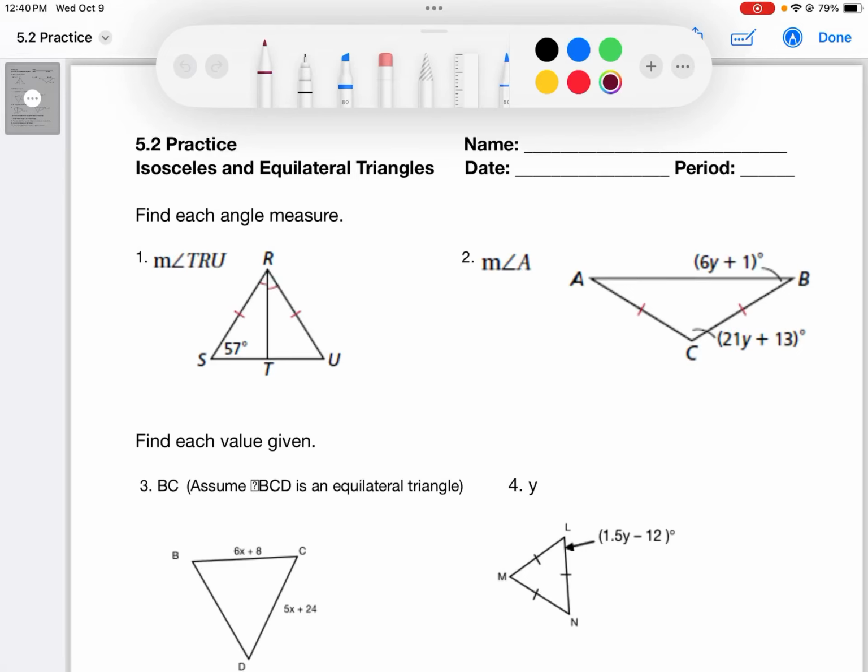Hey guys, this is Coach Brian making a quick video over some of the questions on the 5.2 practice. Today is all about isosceles and equilateral triangles, and that has to do with the types of triangles and more